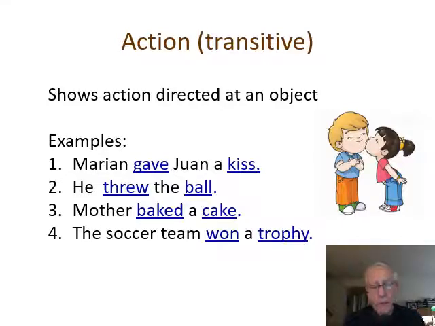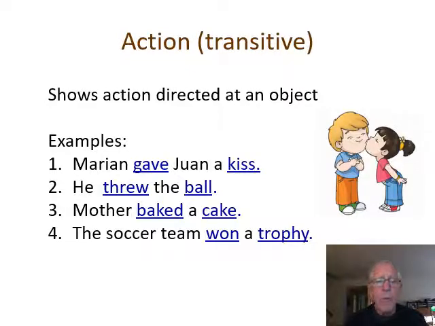This is an interesting sentence here. The soccer team won a trophy. And won, in this case, is transitive because your question is, well, won what? Oh, won a trophy. Trophy is a direct object. But it's interesting that depending on what the writer is trying to say, you could change won to an intransitive